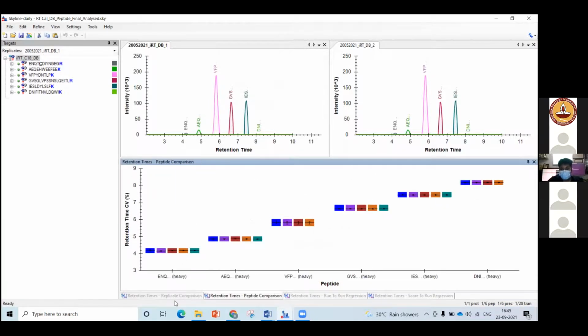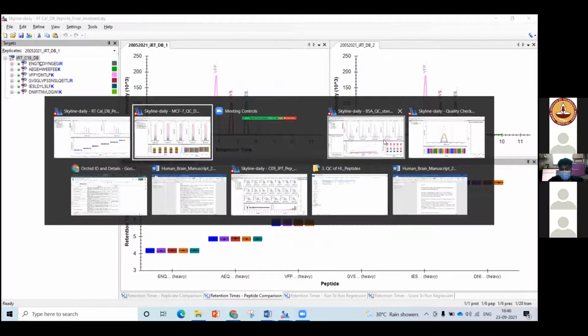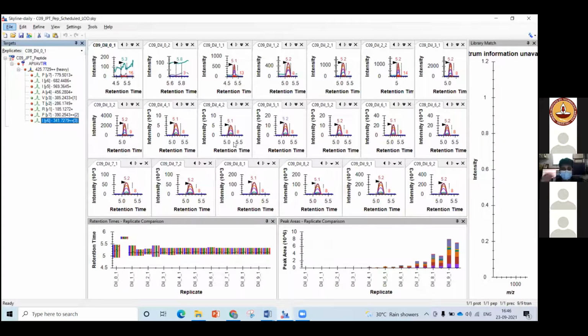So once this part is done, the next part, which is very important, is to understand the LOD of the peptide, or the limit of detection of the peptide. So for that, what